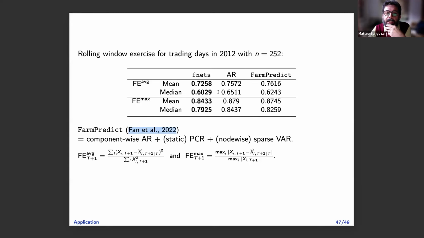Basically, they never do better than us, okay? And sometimes they don't even do better than the AR. In fact, what I suspect is that this step is what they shouldn't have done, to be fair, okay? Because this step is already taking all the dynamics, or most of the dynamics, with it. The rest is all static. This is completely static, and this captures cross-sectional dependencies. This is something in between, but this is probably, once you've done this, almost useless. Whatever, okay? So this is what happens, okay?